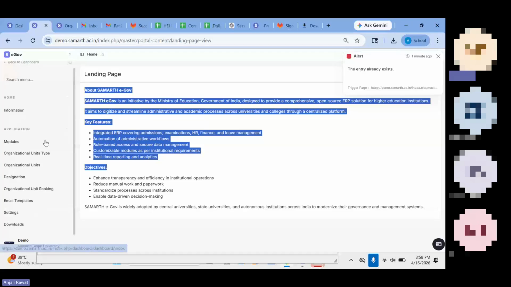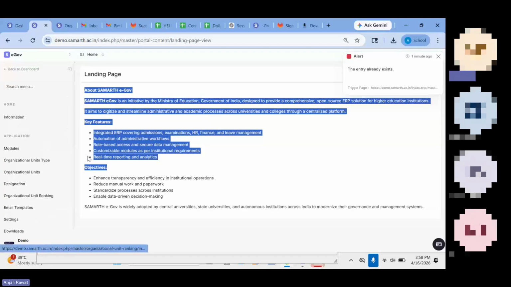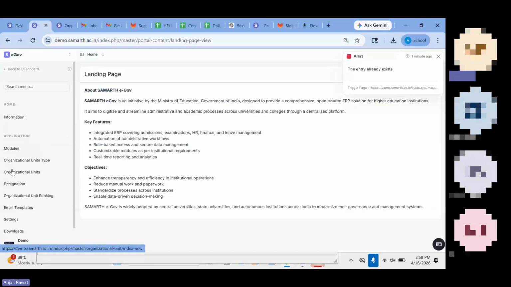Step by step, you have to add the information, then organization unit type, then organization unit, and then designation. Before using any module of Samarth, either admission, academic, payroll, or leave, you need to configure the base module. Base module is very important and compulsory for all institutions.